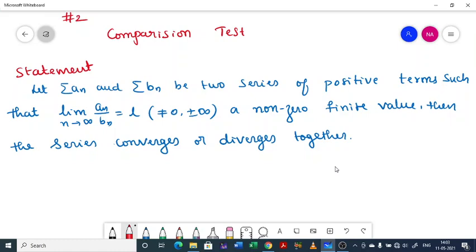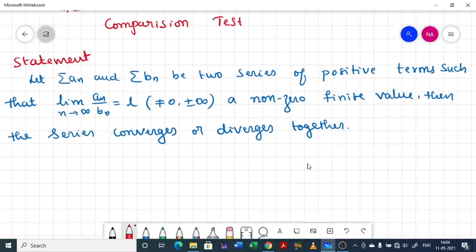So now we are going to start with the comparison test, and all these tests, whatever test we are going to conduct here, are for series of positive terms. So here we will not discuss alternating series or oscillatory series. We are considering only the series of positive terms, where the conclusion will be either the series is convergent or divergent. Now first let us start with the comparison test.